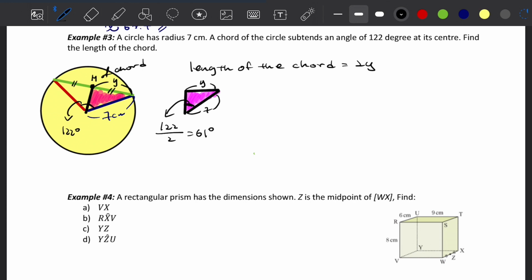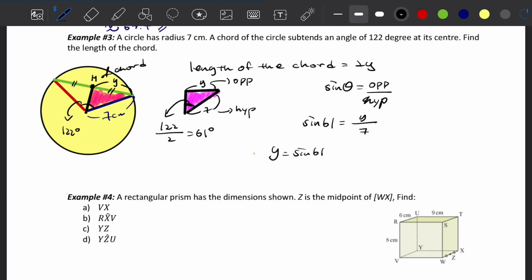Then we know the hypotenuse. This is the hypotenuse, and we know the opposite part of the triangle. Then you can use the sine theta rule, right? So sine theta is equal to opposite over the hypotenuse. So we can say sine of angle 61 is the same as the opposite, the unknown y, over hypotenuse 7. Then the y value is equal to sine 61 times 7, and it is equal to approximately